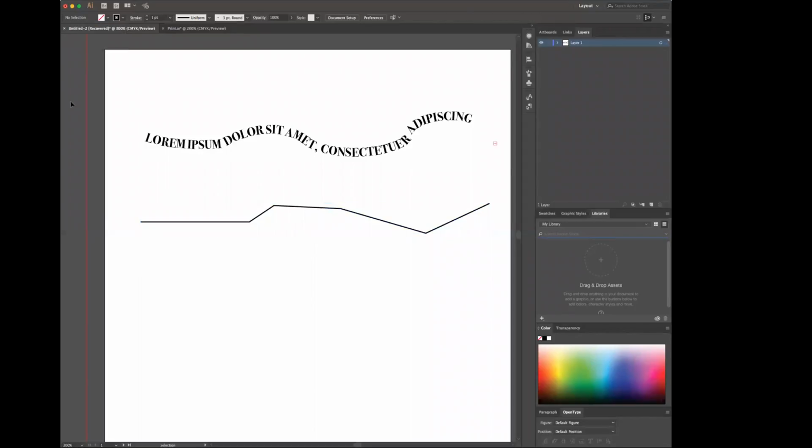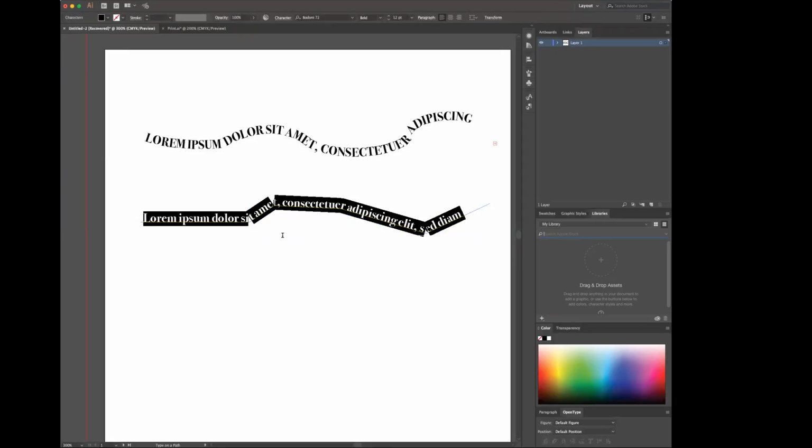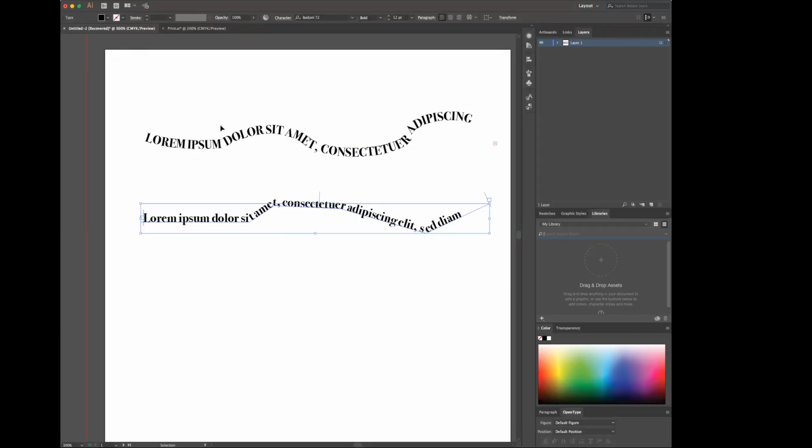And if you want to see it clearly, I do recommend adding color to your stroke so that you can see it. Grab your Type on a Path tool, same thing, and then you can change the font to whatever you want. This text warp will work better with a bolder, thicker font because you'll see more of a difference in the effect that we're applying to it if it's thicker and bolder.